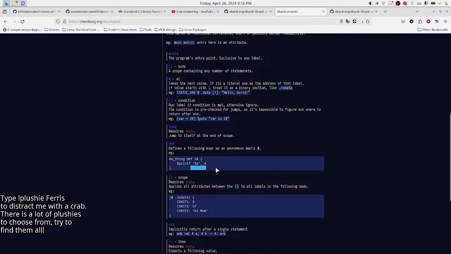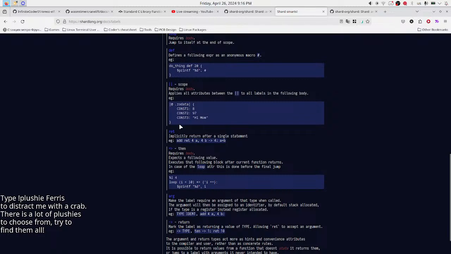And oh wow, trailing spaces. Scope requires body, applies all attributes between parse to all labels in the following body. Yeah, nice. Return implicitly returns after a single statement.